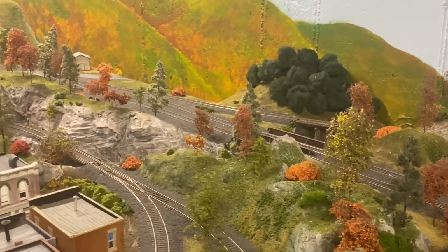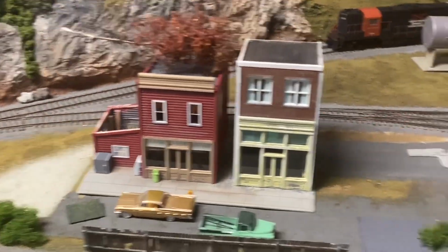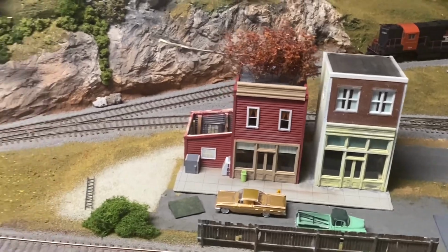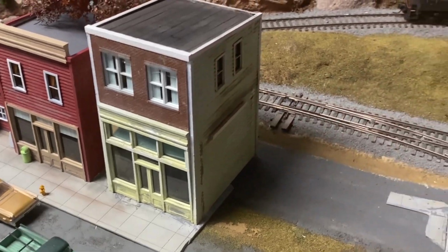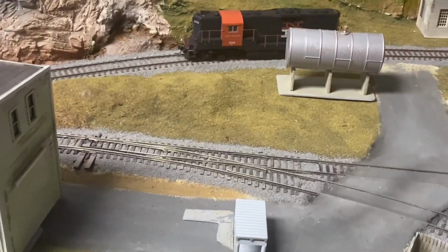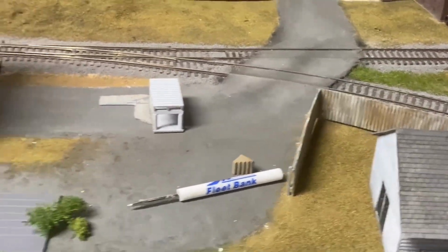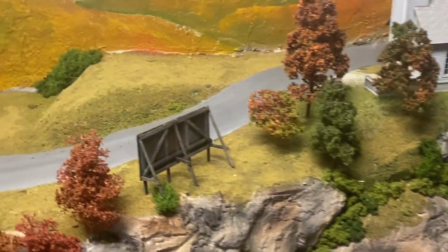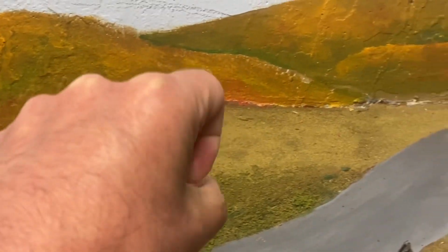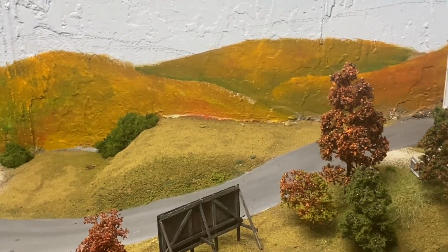Next update, there's going to be a lot to go over. This is kind of a little prelude. I have been playing around a lot with these structures here. I've moved things around. I took off this section here. It's going to be a structure that's going to go here. I'm working on the other side of it. This is going to probably stay where it is. I have a couple of kits in the mail that are coming. I have a kit that's going to go here, and then I have a scratch built structure that I'm working on currently here that's going to go there. It's just going to be a residential house,